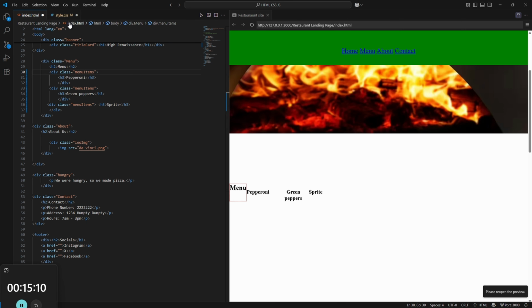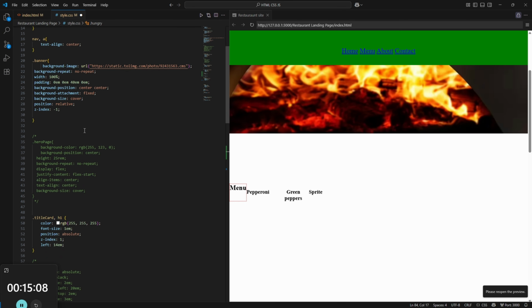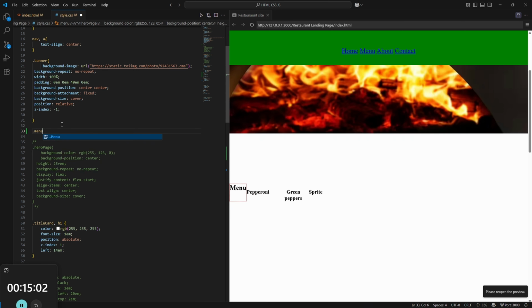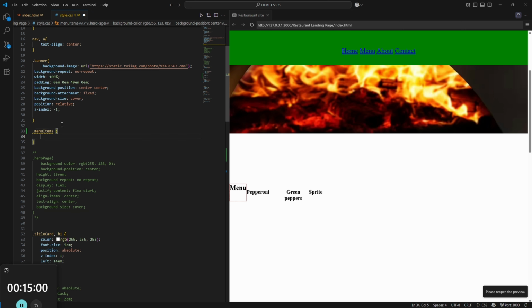Okay, so we have our class of menu items. This is right below our banners, so that's where I'm gonna put it. Then with that, we're gonna do display inline block